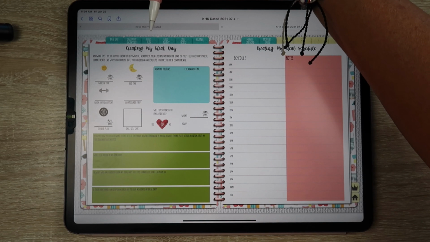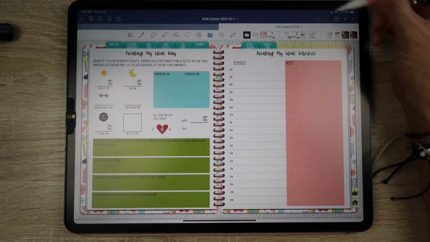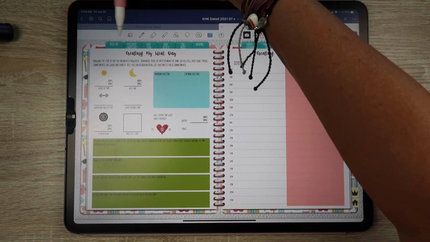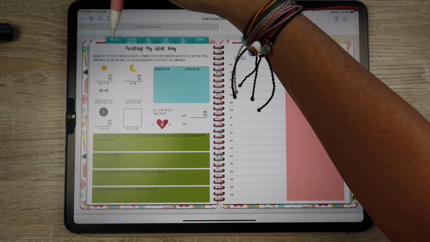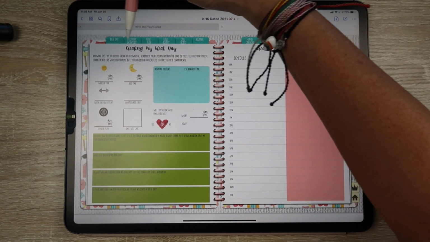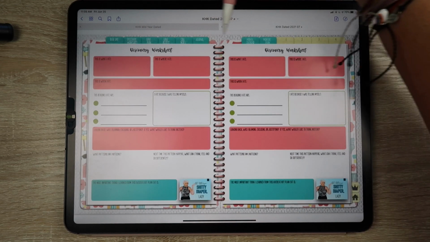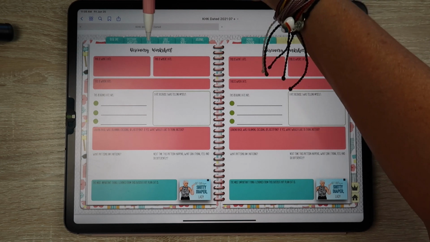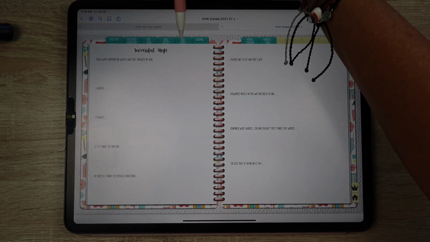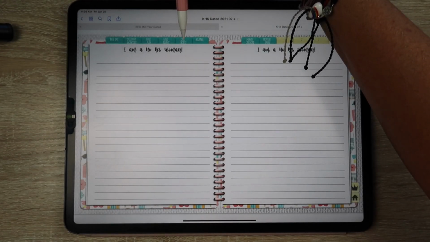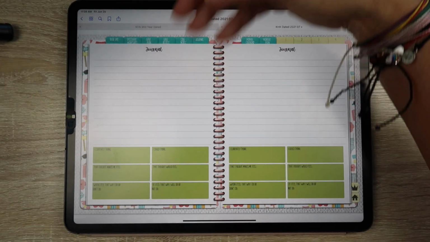You've got your ideal day. Make sure this bar at the top is showing, and you do that by clicking the little pencil in the top right hand corner. That enables you to jump between the tabs and utilize the links within the planner. So you've got your ideal day, your discovery worksheets, your planning an urge, and your assessing a successful urge. I've got some pages in here for call notes,